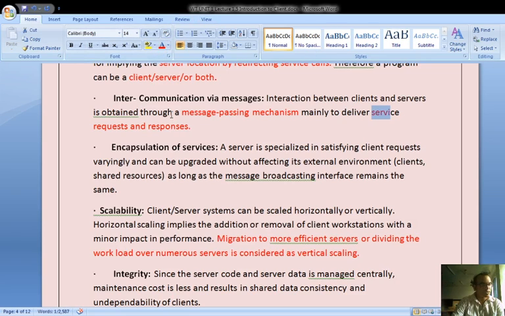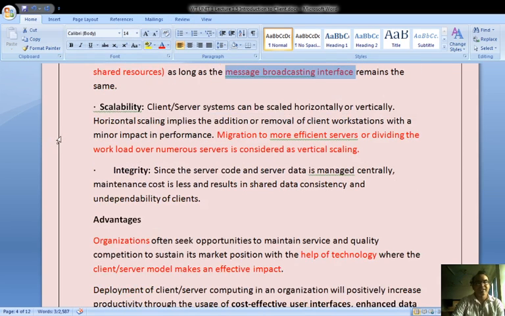Next important characteristic is encapsulation of services. A server is specialized in satisfying client requests coherently and can be upgraded without affecting its external environment, as long as the message interface remains the same.